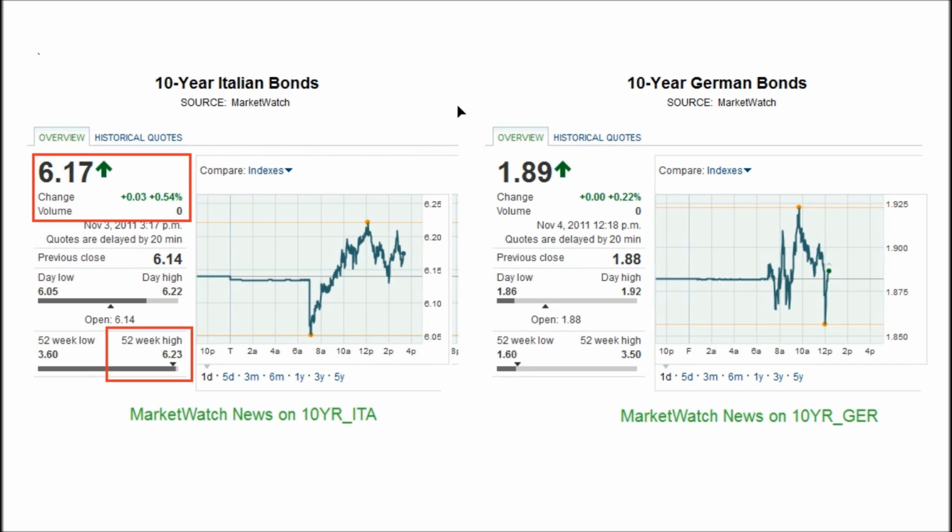And why does it tell you that? It says, look, I'm willing to loan you money, Italy, but you're more risky than Germany. So if I'm going to loan you money, you've got to compensate me for that extra risk by paying me a higher interest rate. And as far as Spain and Portugal went, once they went above 6% on these yields, things started to get a little dicey. So we're in very, very dicey territory here for Italian bonds.